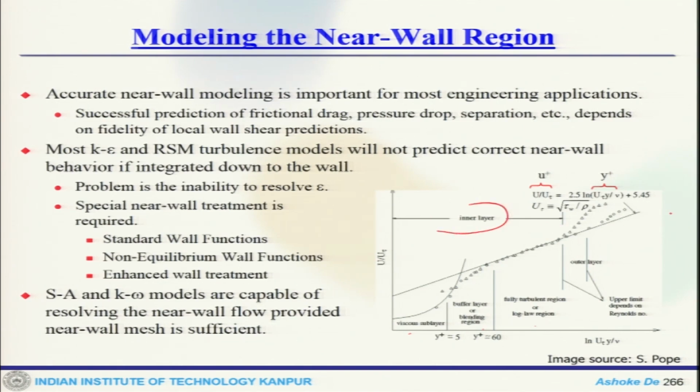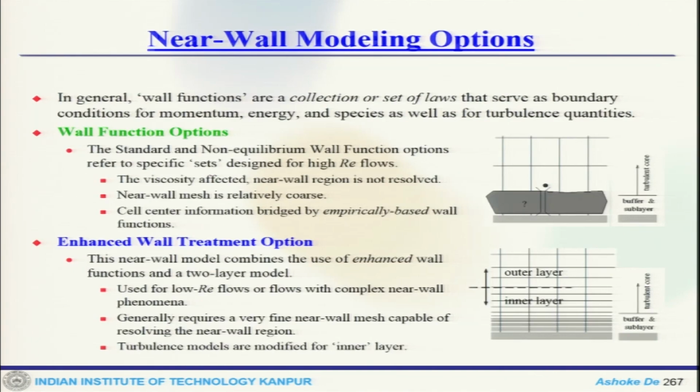So you need near wall modeling for engineering applications because of the drag, pressure drop, separation; all these are important aspects. Most of the problem is the inability to resolve the epsilon, so we require some treatment, either standard wall treatment. The SA and K omega models are capable of resolving the near wall flow, provided the near wall mesh is sufficient. That means if you resolve the mesh,